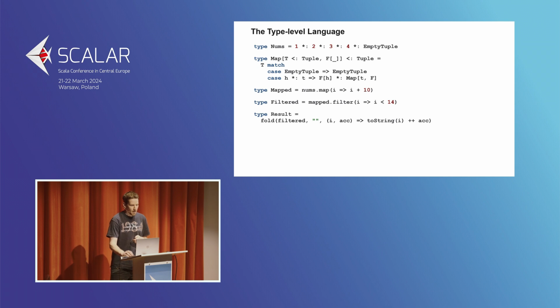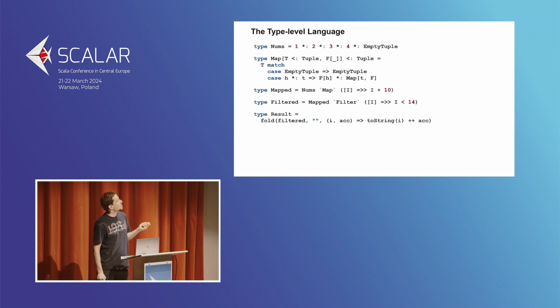our argument. Next, we want to apply our map over the list. So we use anonymous functions at the type level. This special arrow here is a type lambda that takes a type and produces a new one. And the plus operator here is a built-in compile time operation that works on types, takes type literals and lets us use them as if they are values at the type level. So we have two nice collection-like methods, map and filter, that we can apply to our tuple at compile time